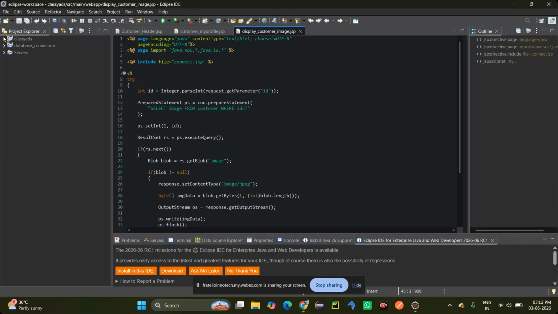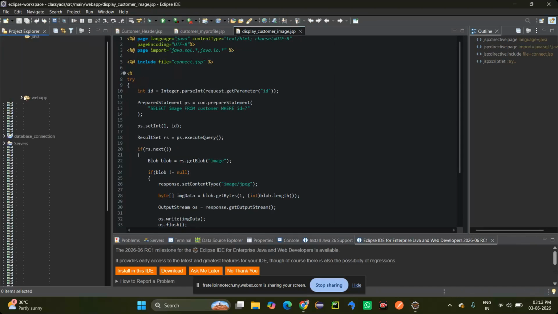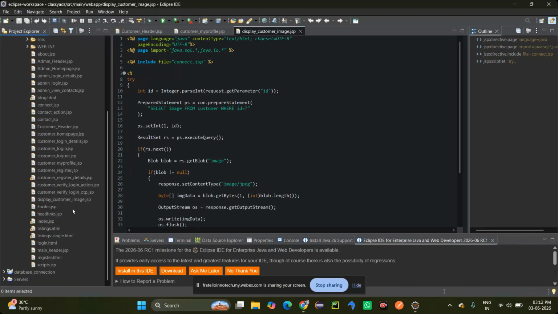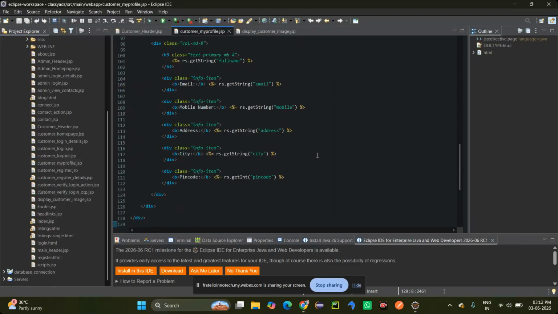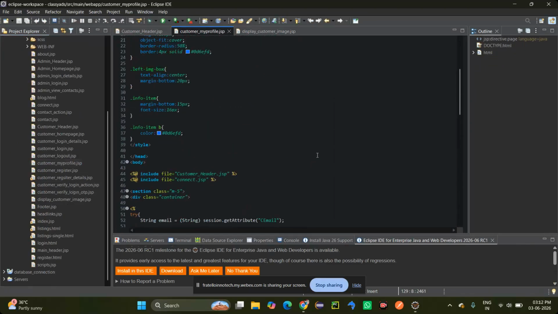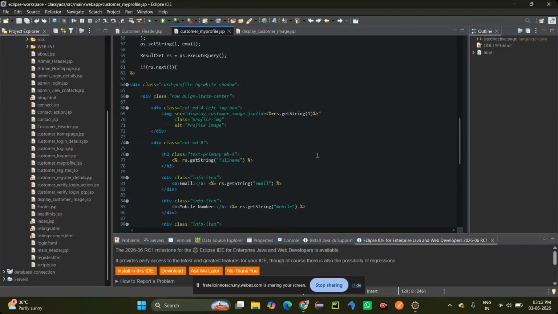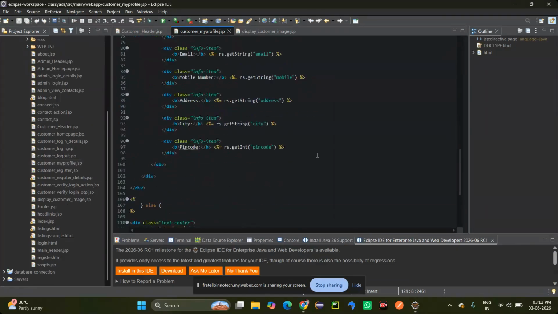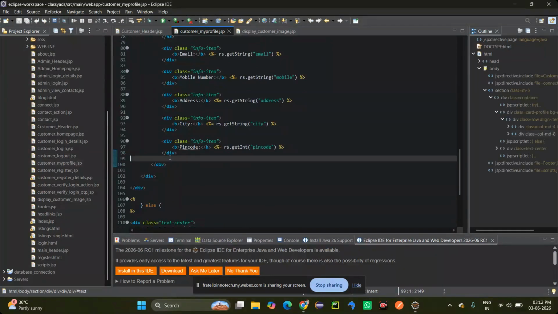Okay, I am opening my project. In this project, we will see the view customer profile. Click on this. Here we will retrieve the data from the database. So now if the customer wants to update this data,